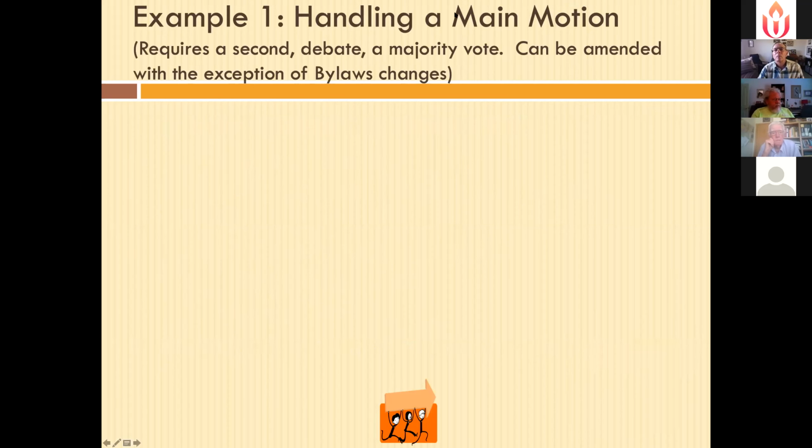So here's an example. Move my little toolbar over here so I can read it. Main motions require a second. They're debatable and they require a majority vote. And they usually can be amended with the exception of bylaws changes. Article 13 of our bylaws doesn't allow for the amending of bylaws, but that is a bylaw that could be changed if we thought that was a little too restrictive, and if you have a quorum and it requires a 2/3 vote anyway for